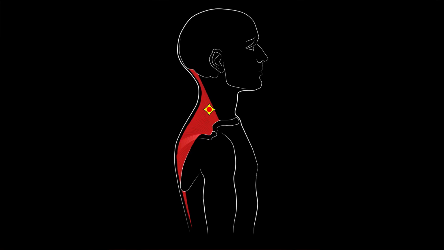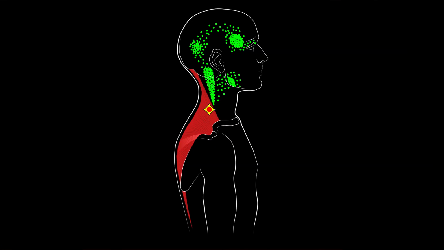There can be 7 trigger points in the trapezius muscle with specific patterns of referred pain. The first trigger point is located in the middle of the anterior edge of the upper part of the trapezius muscle. Pain from it is referred to the neck. If the referred pain is very intense, it can concentrate in the temple area and behind the eye socket. Additionally, the area of referred pain can encompass the angle of the lower jaw and, in some cases, spread to the back of the head. Also, referred pain from the first trigger point can extend to the area of the auricle, localized behind the ear, or in the shoulder area.